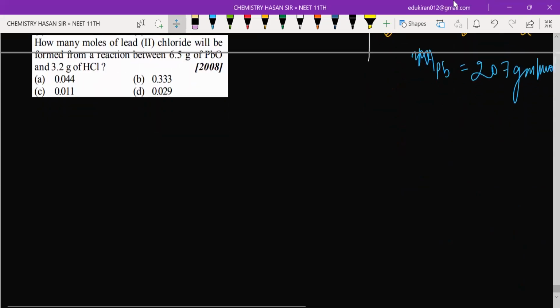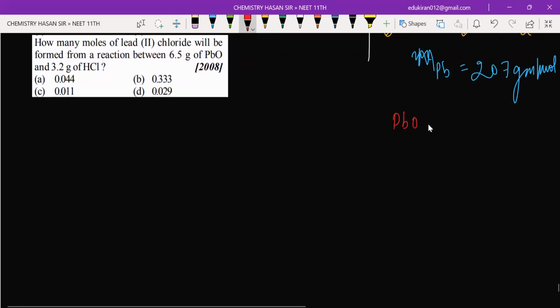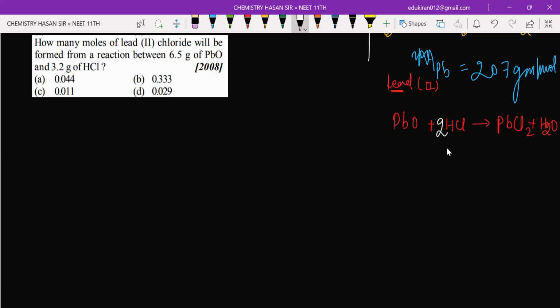So you just need to write the reaction. First, lead oxide is going to react with HCl. So it will form PbCl2, since lead has 2 given, that means lead has valency 2, plus H2O. Now you are going to balance it. Very good, Abdullah. To balance it, we need to multiply with this. Now, in the question, it has been given